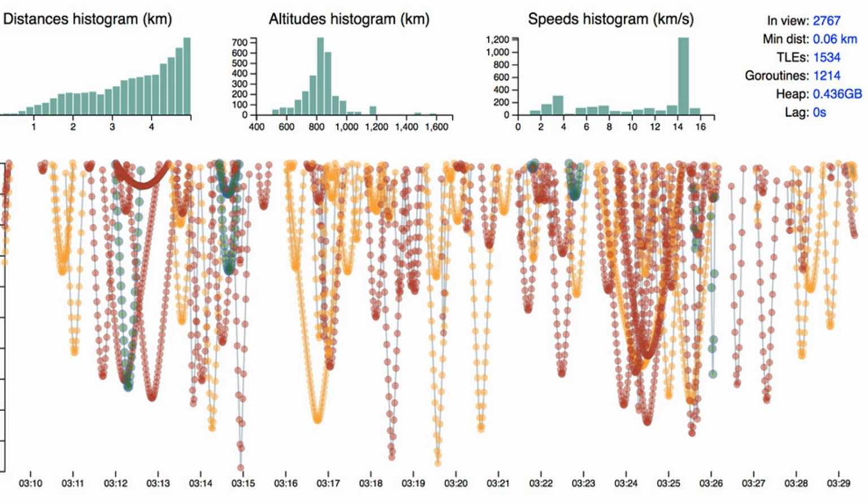He noted that the graph is just showing predictions based on that data, and the objects' positions could be slightly off. It's also important to remember that while these things are getting close, most of these satellites are relatively small. This is why actual collisions aren't frequent, says Jah, even though things are coming within a couple hundred